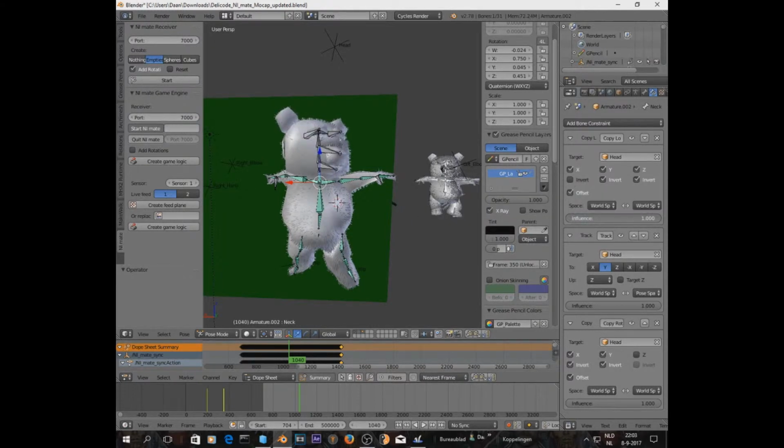Now you may be thinking, what does that have to do with this, basically? Well, it's because I parented those things to the armature, if I'm right. When you've done all of those steps,